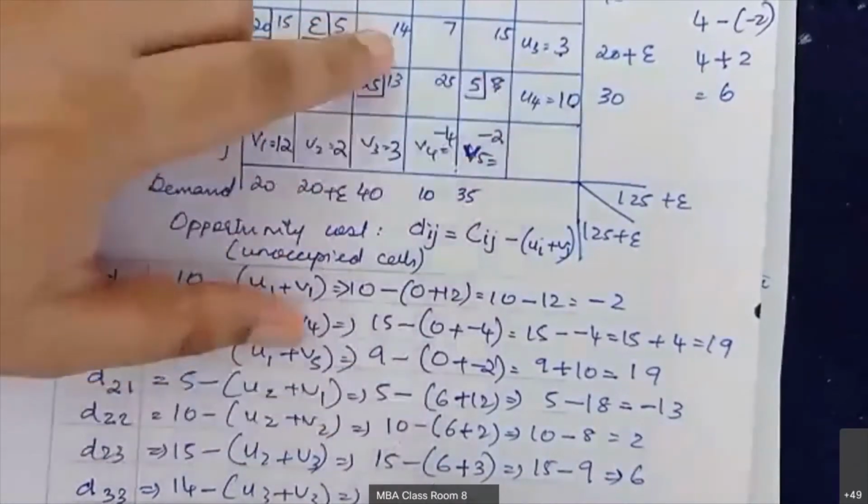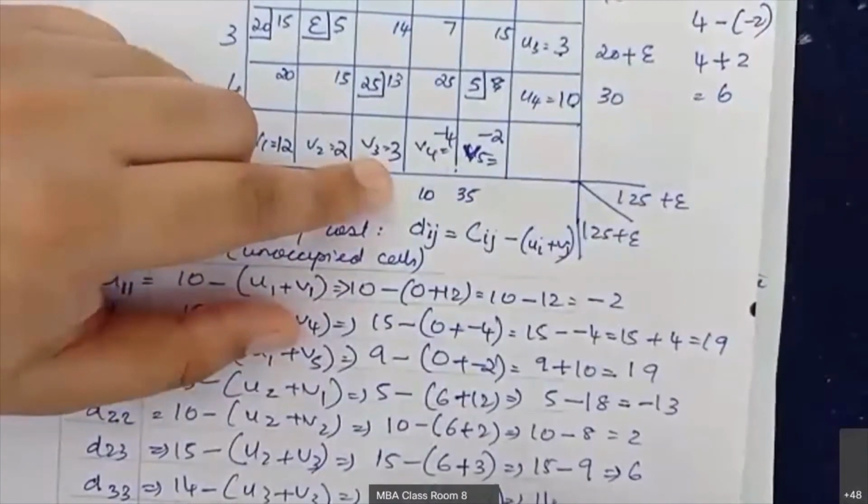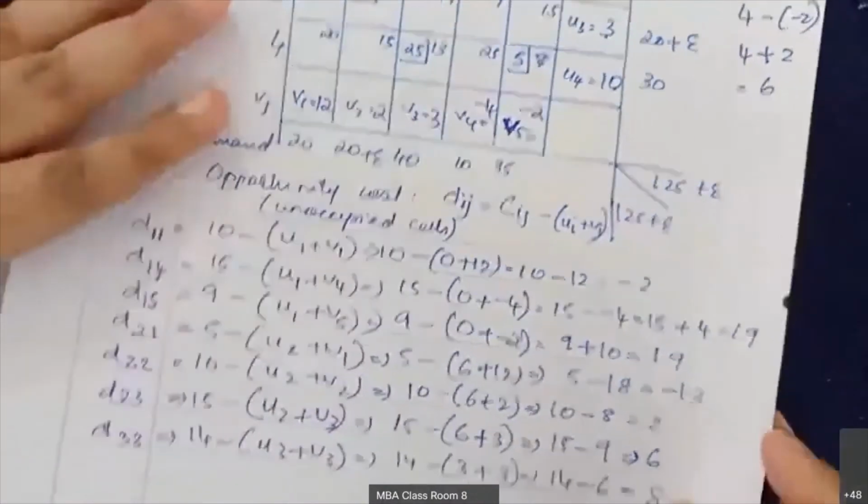Plus what is V3? V3 is also 3. Okay. So that is 14 minus 6, which is 8. Okay. Next one again,